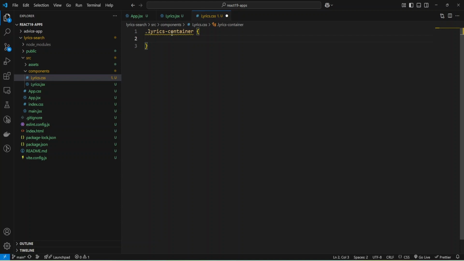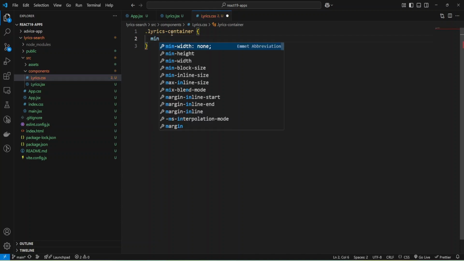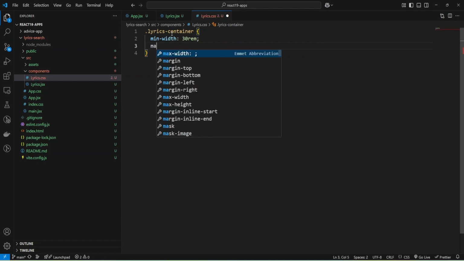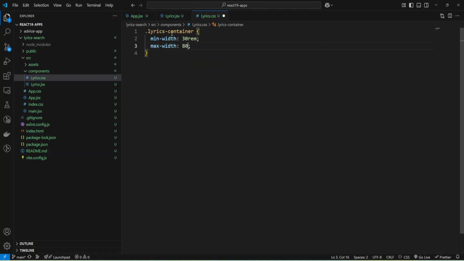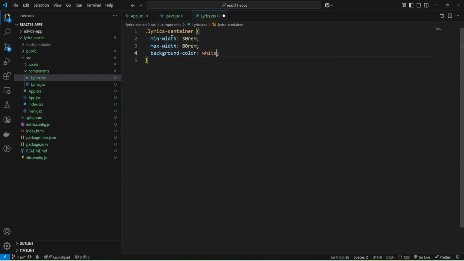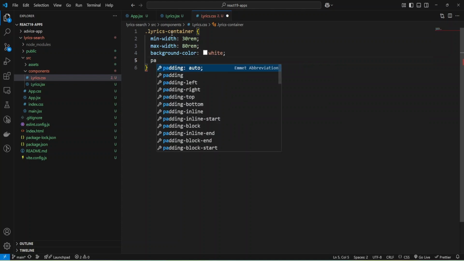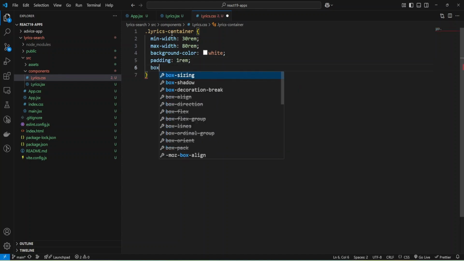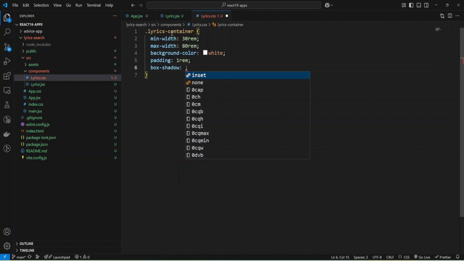And I'm going to make it min-width and provide the value 30rem, and also set max-width and provide 80rem, and make the background color white, and also add some padding 1rem, and make a box-shadow 0 0 5px, and the color will be gray.